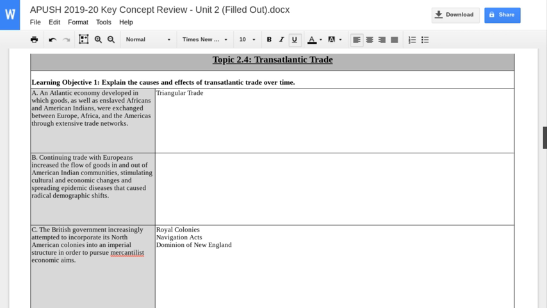And then the same thing with the epidemic diseases that you see right there. With the demographic shifts, we're talking about smallpox. We're talking about other things that were kind of covered during the Columbian Exchange that are starting to really become widespread during this time. So one effect of this transatlantic trade is going to be what happens with Native Americans.